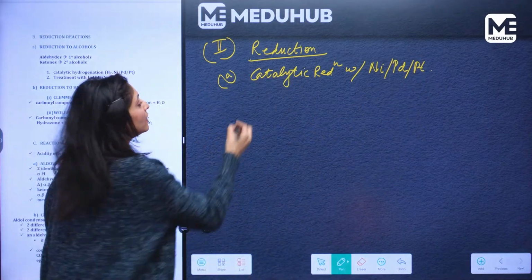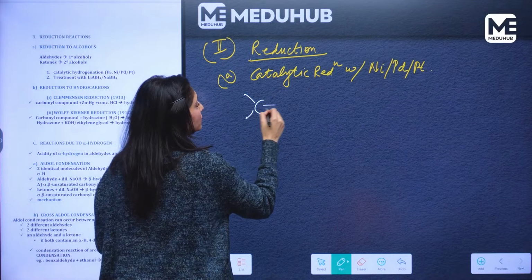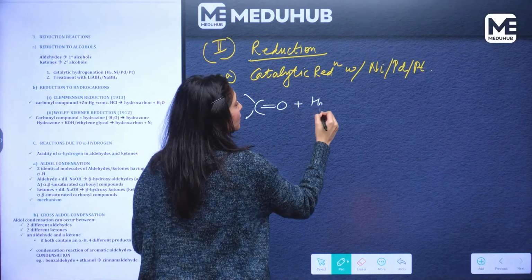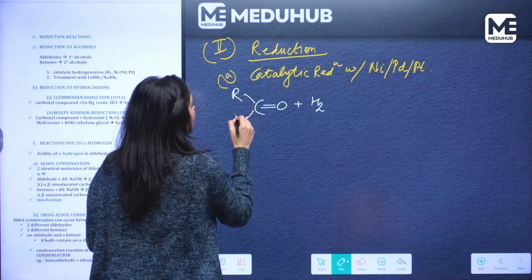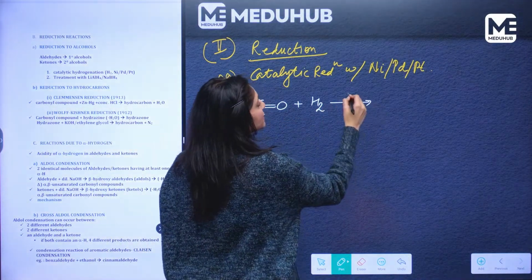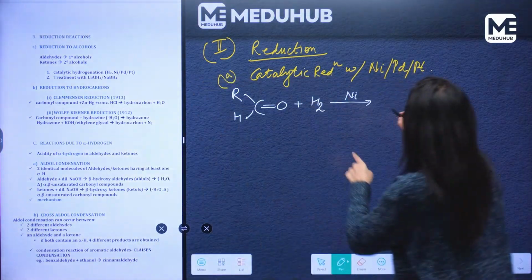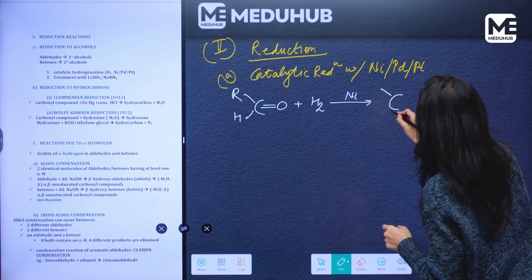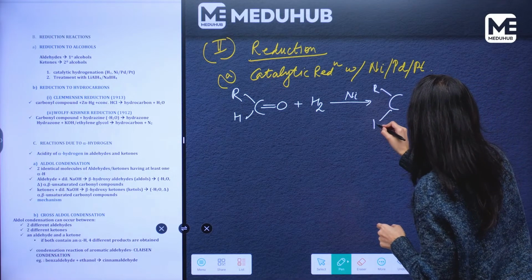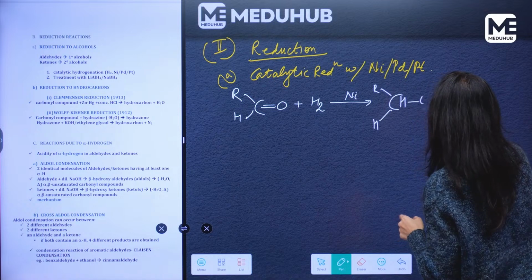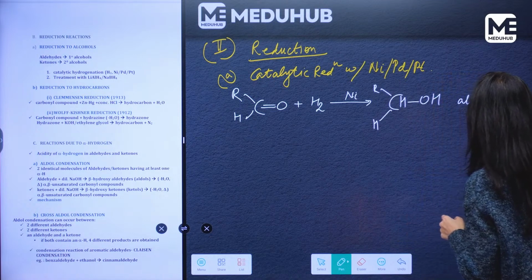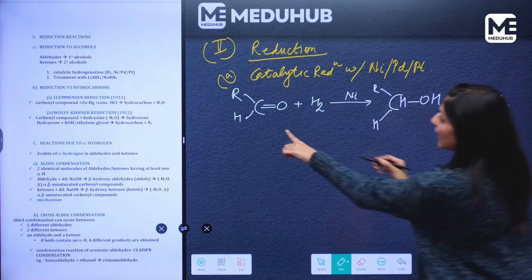So this would be addition of hydrogen. So we have an aldehyde here. In the presence of any of these catalysts, to give us an alcohol. So an aldehyde